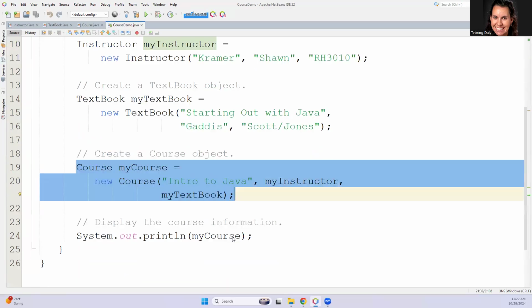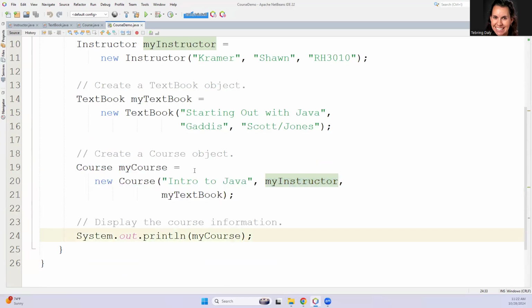Now the course is a little different because of aggregation. So the course has a title, so that's the simple part, right? And then it has an object for the instructor, and then the object has the 3 fields that go with it. And then the textbook is the 3rd piece, and it has the 3 fields. And the reason why this one's a little more tricky, oh, and then you can print. This calls the toString on the my course, which is this one that we created here. And again, you don't need to say .toString because automatically that's a given,